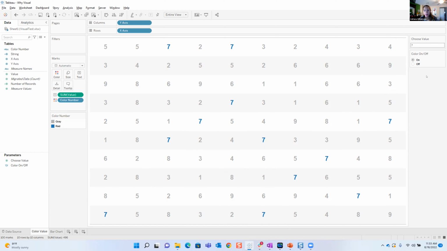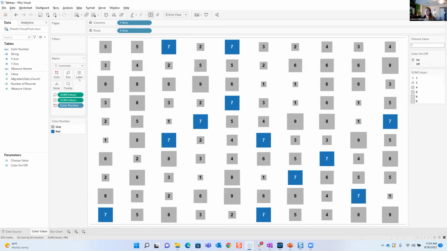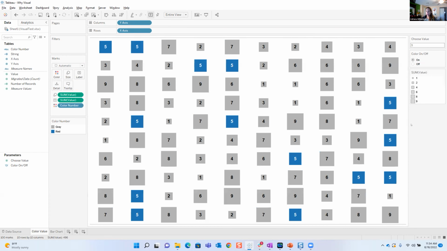Okay, I got the first answer. Before, the first answer took almost 18 seconds to come. Now by adding color, the first answer came in 5 seconds and 31. So you see how just adding a little formatting on this table made it really quick for you to consume and look for the number you're looking for. Now I'm going to add one more formatting and see how much that will reduce the time. I'm going to add some value into size. And now tell me how many fives you see.